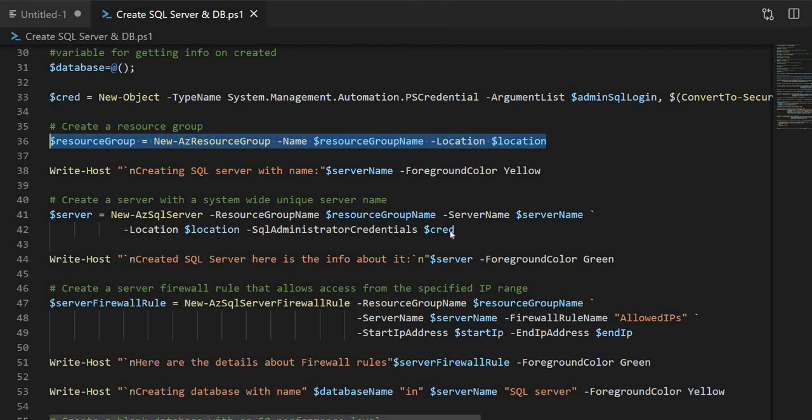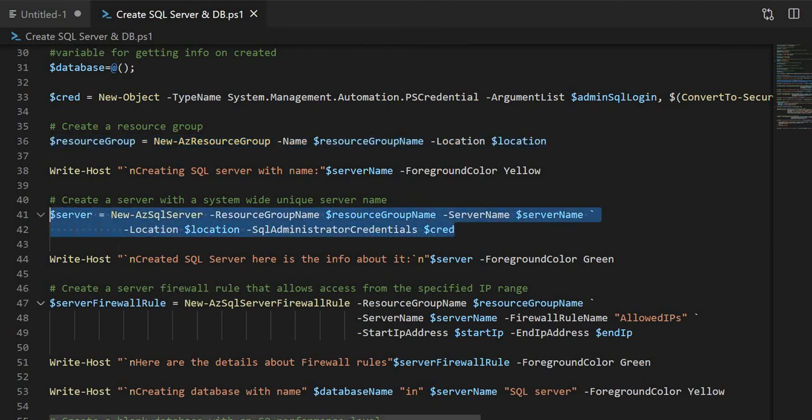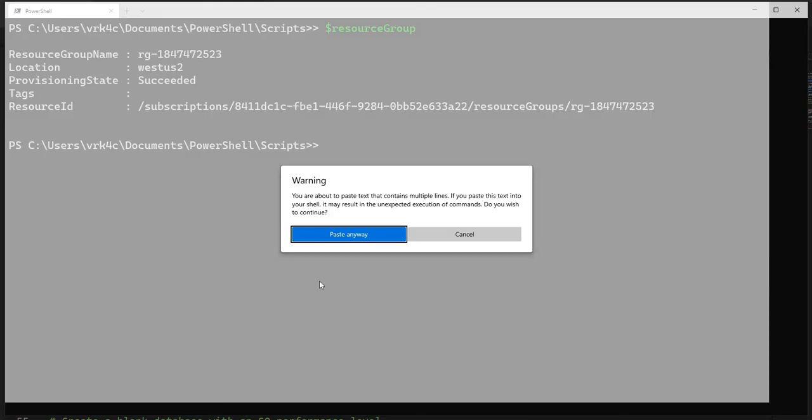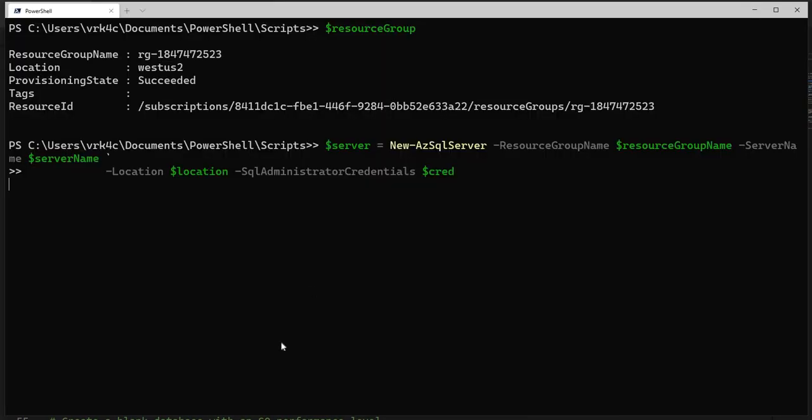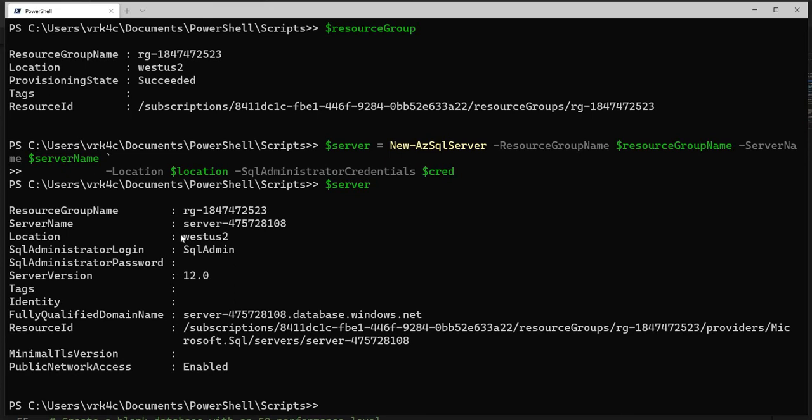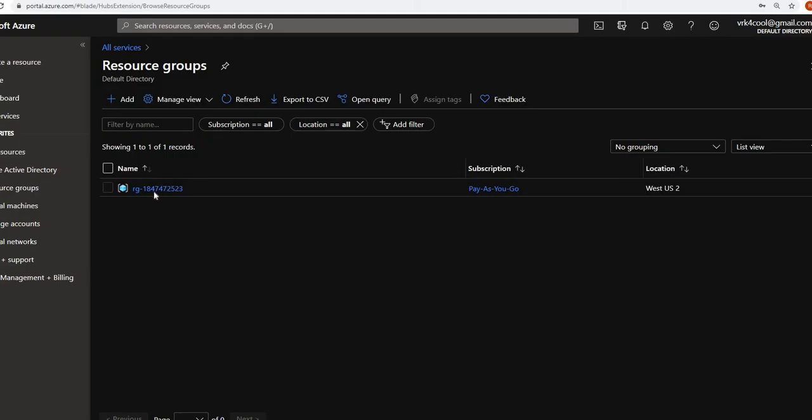So let's create the SQL server. So the SQL server has been created, with the name and the SQL admin as the administrator.